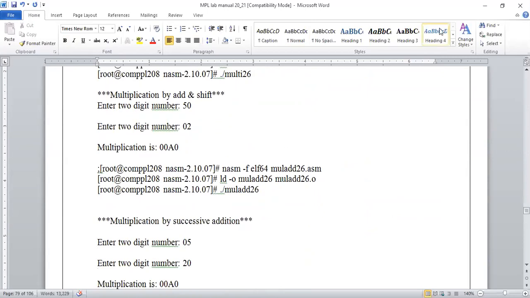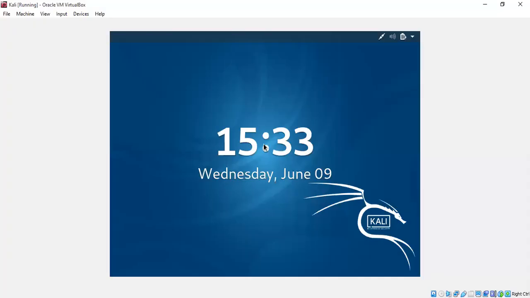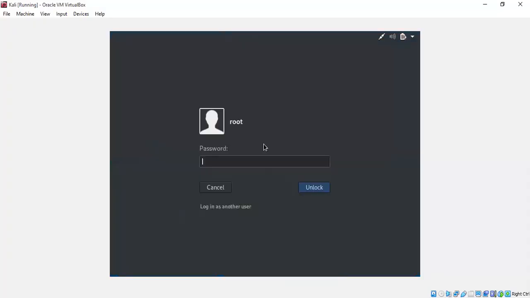Okay, so we'll get into the actual implementation for this. Then we'll see the output, right? You might be able to see this screen.